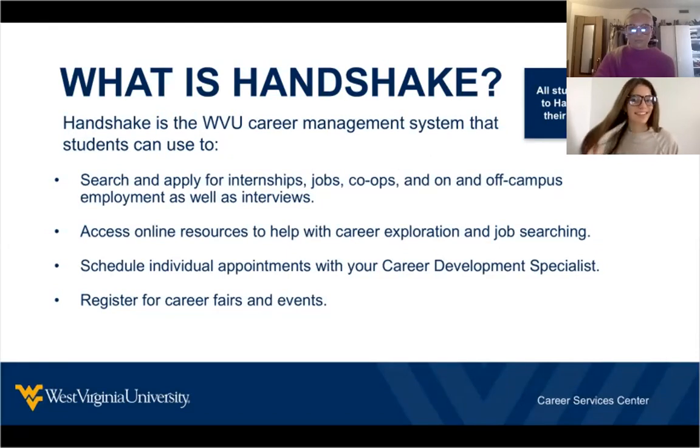log in first. So like she said, all students have access to Handshake for free by using your WVU login. So if you go to wvu.joinhandshake.com/login,